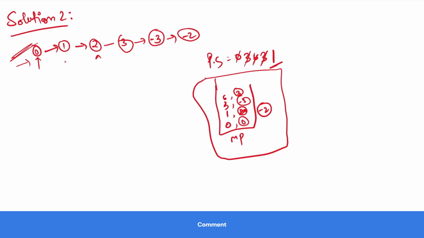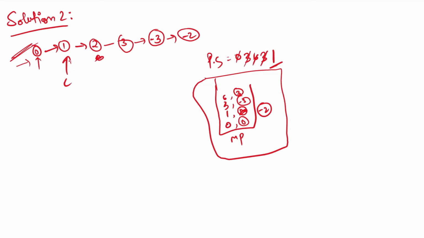Finally, how do we do that? Basically we start from current. We again start from dummy, and we will see if 0 is present here. Yes, and 0's next is what? We will point to this. So 0's next is 1. So we will make it here. Now we will come here.